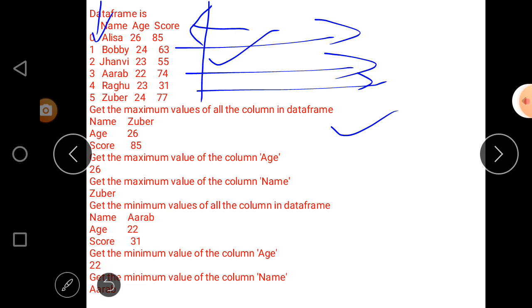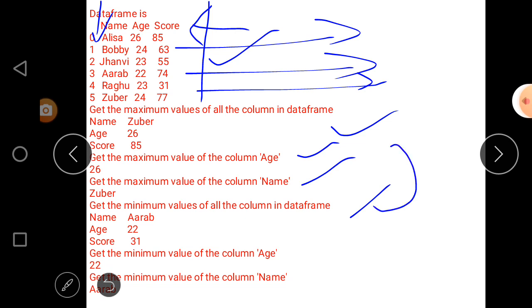As far as name, age and score are concerned, there is no confusion at all, because 26 is the highest value corresponding to age, and as far as score is concerned, the highest value is 85. But if we want to find out the maximum value against each column, then we use the column name with the data frame, and that is again the same answer as the previous one, in which we found the maximum value for all columns. To find out the maximum value against each column, this is the output here.